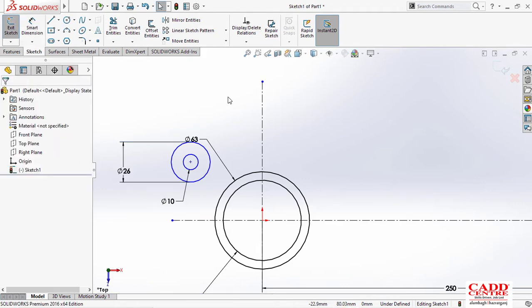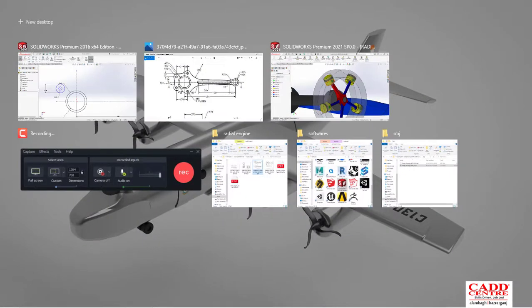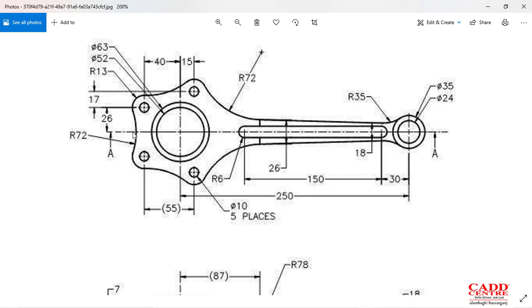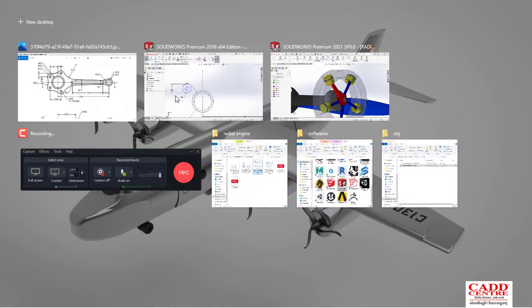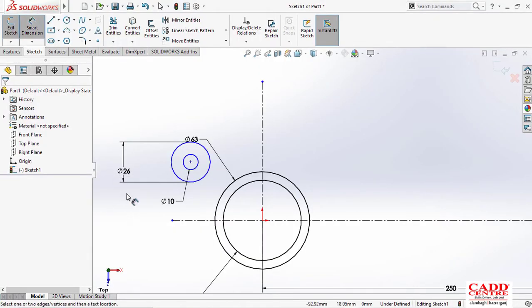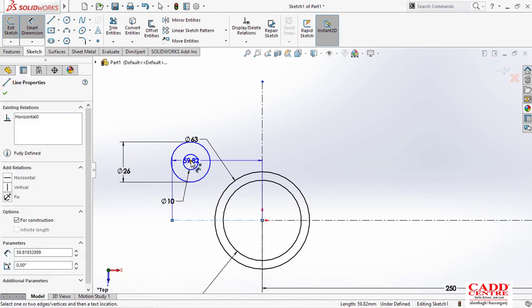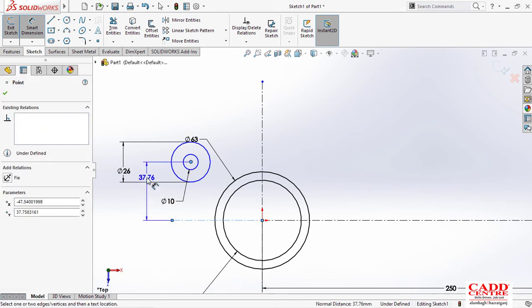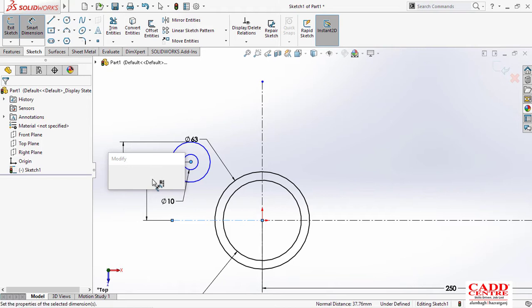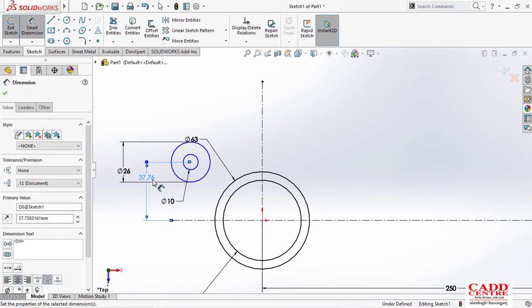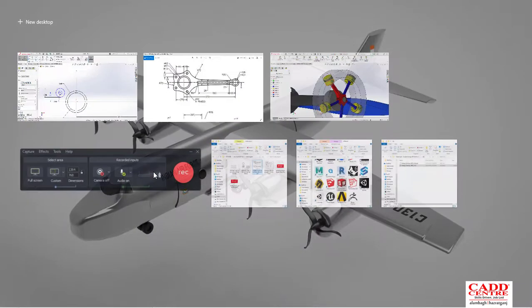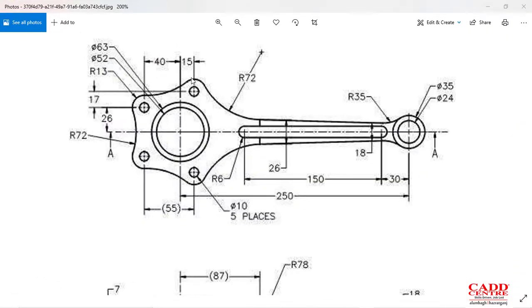After that we will fix the location of that. From horizontal it is 26, so I'll give from horizontal 26, and then from vertical it will be 40.